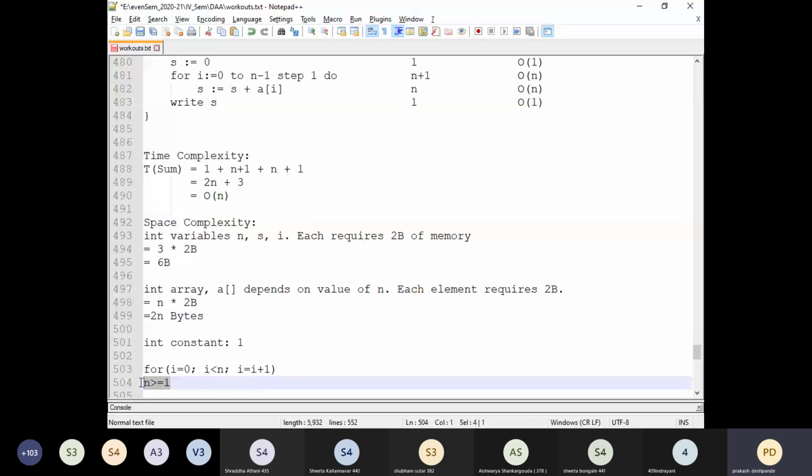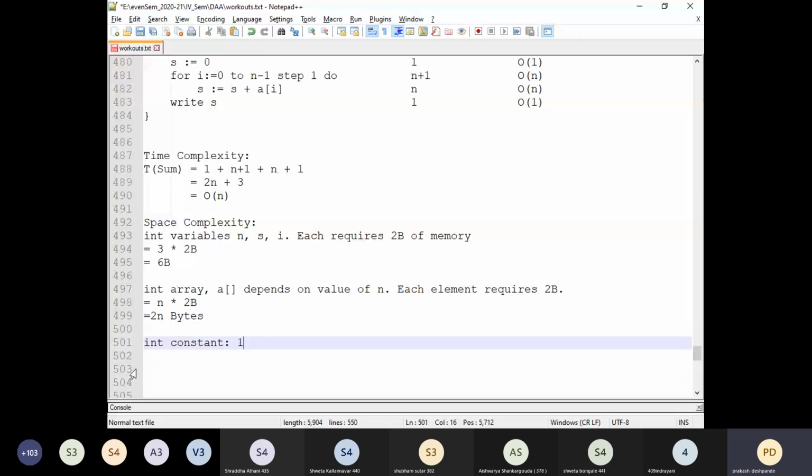If the relational operation is like this, left hand side is a variable, right hand side is a constant, in such a case we need to treat this also as a constant. But here, if you look into this example, both the operands are variables, which have already been considered as part of calculating space complexity.